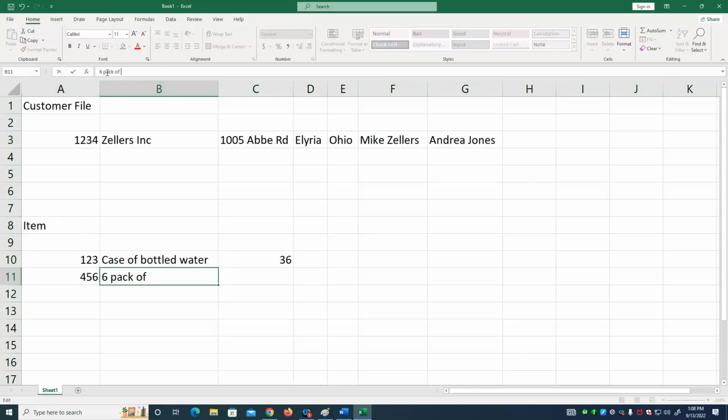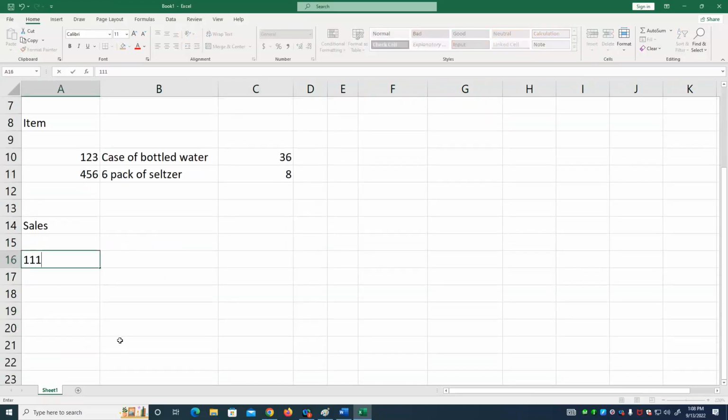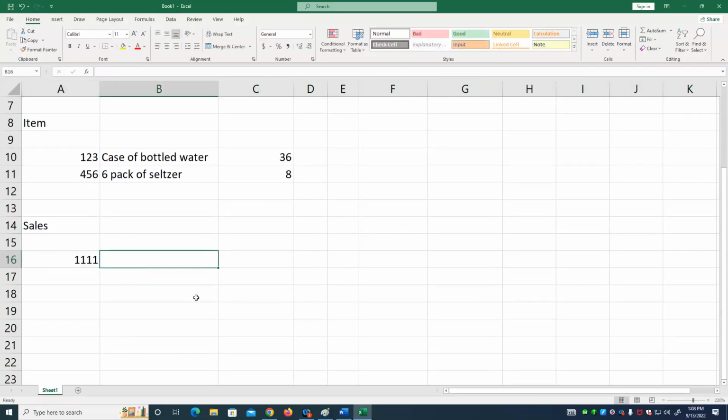6-pack of seltzer. Maybe that is $8, and so on. When we got around to having our sales file, we'd have to do one of two things. We'd have our invoice number, let's say. We'd either have to put in the customer number, the item number, the date of the sale,